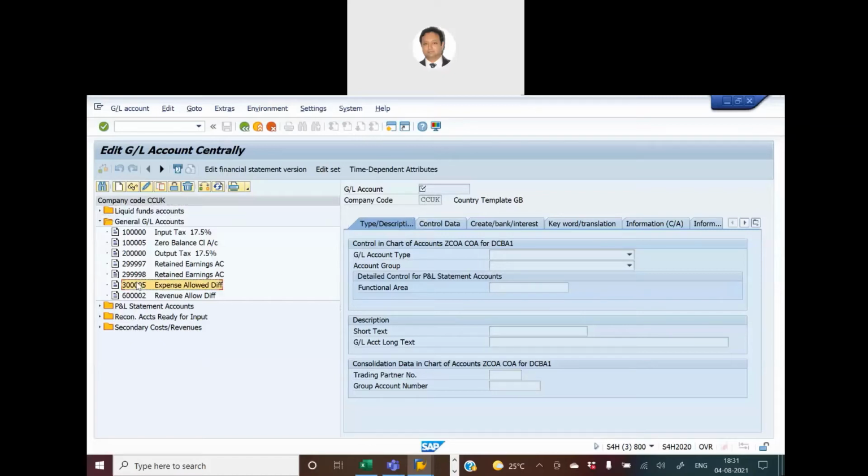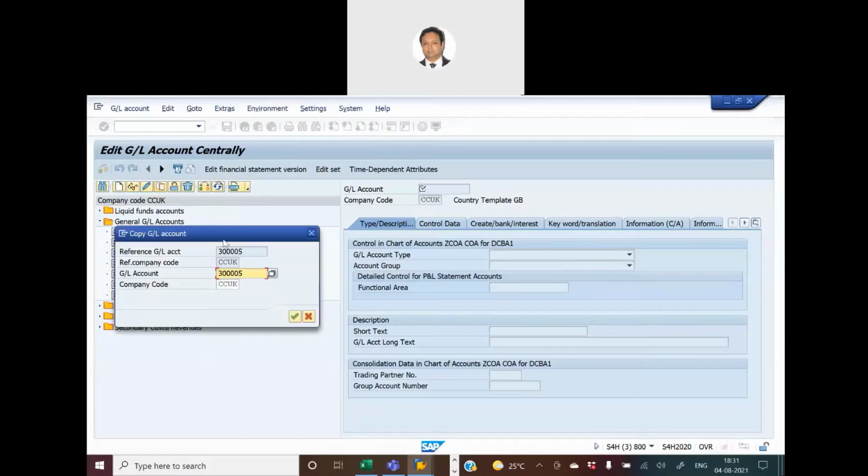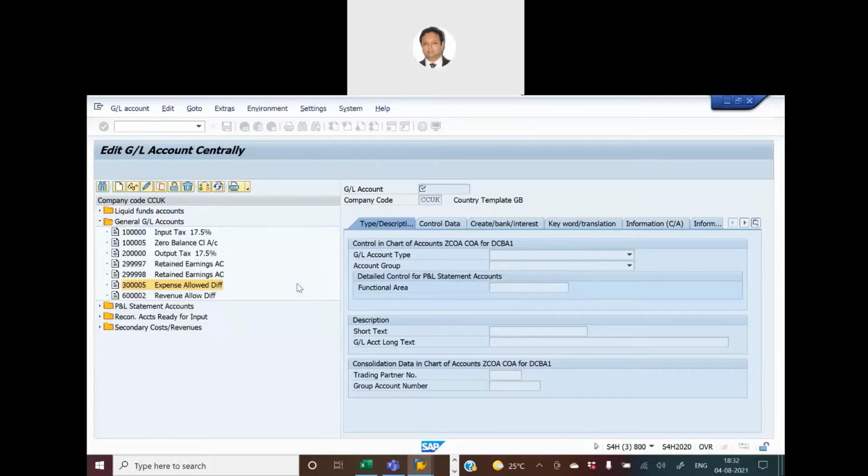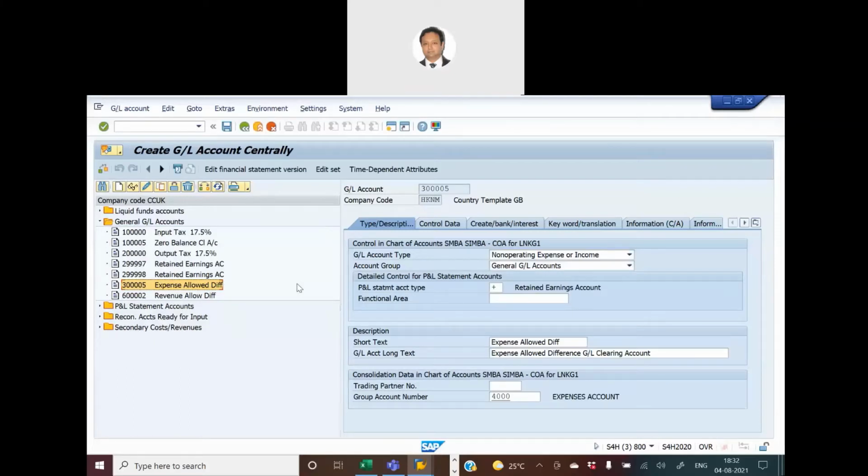So I'm going to select this simply, and I'm going to say copy. And I'll leave this GL account as it is. I won't make changes here. All I'll do is change it to HKN. Okay, so similarly,